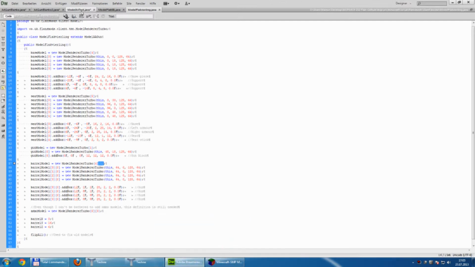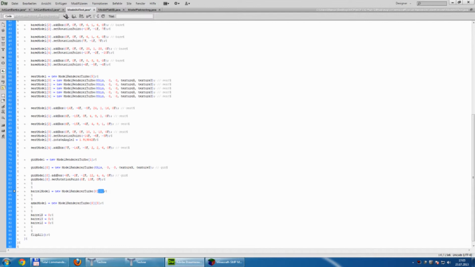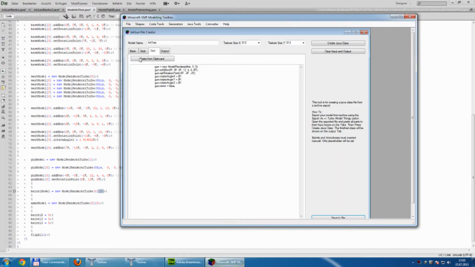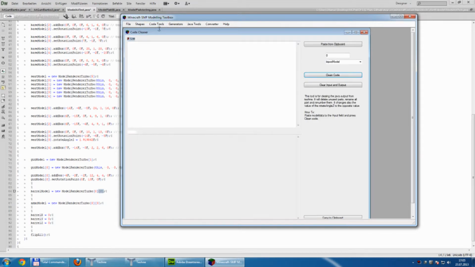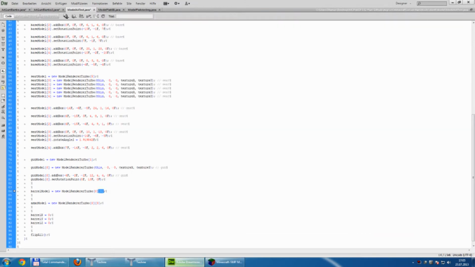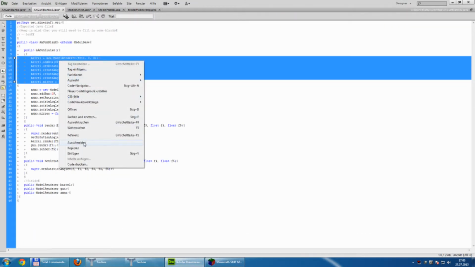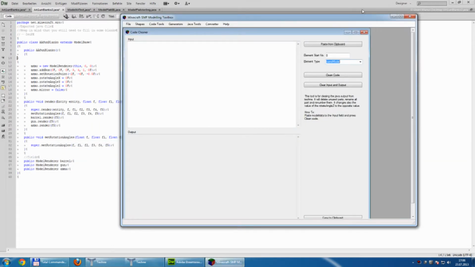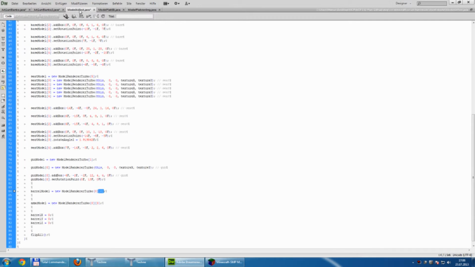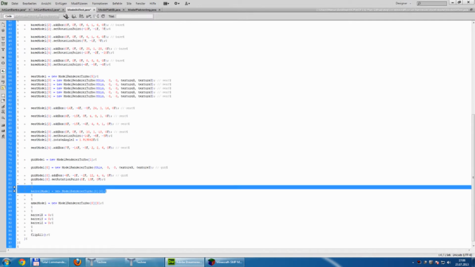So what we have to do next is to add our barrel model. For this I use the code cleaner model, and here we take the barrel model, paste the whole barrel inside here and say clean code and copy to clipboard. And now we can paste it in here,